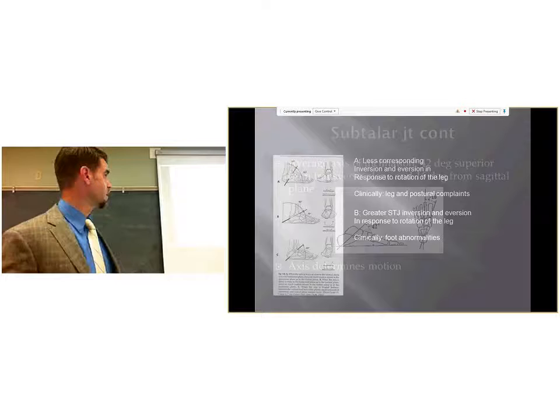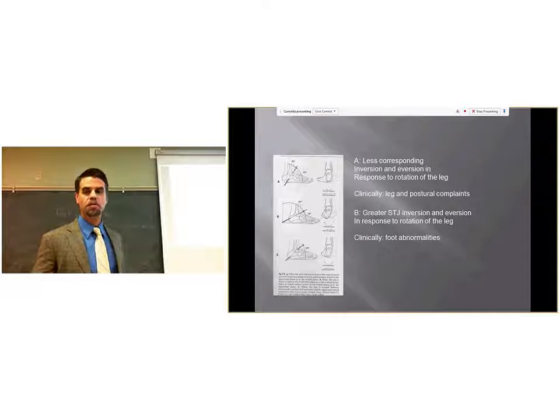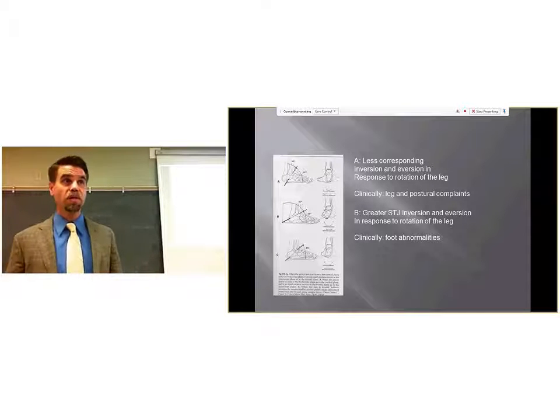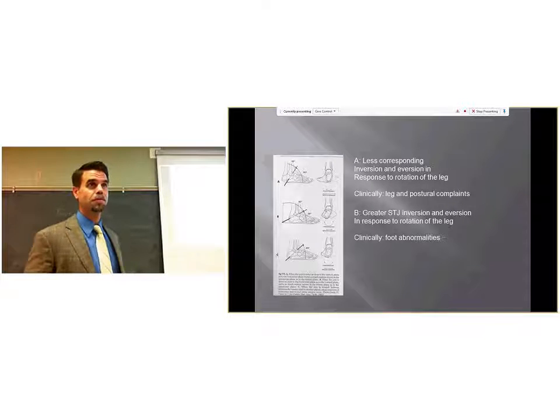So this slide, I don't know if you can see that very well, but the top one here, if you notice, this is a little bit more vertical. This is a little more horizontal, and then this is kind of in between. So this one is considered to be normal. And again, one of the problems with foot and ankle is we really haven't come to any real strong conclusions about what is normal, which is nice because we don't have to be normal. But anyway,